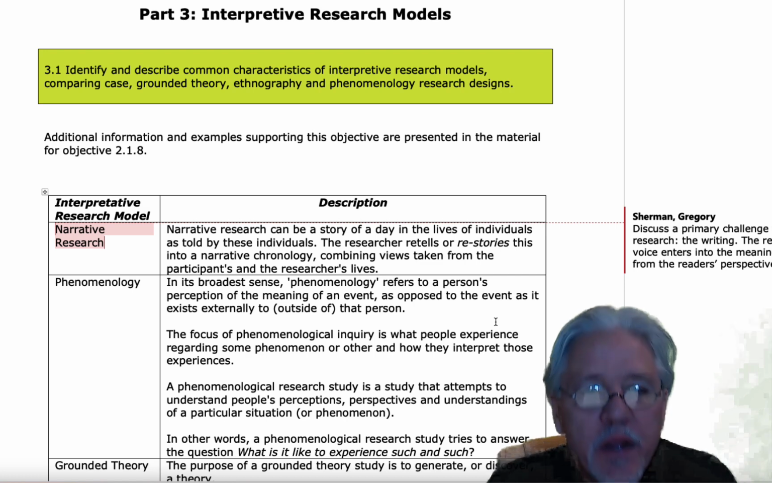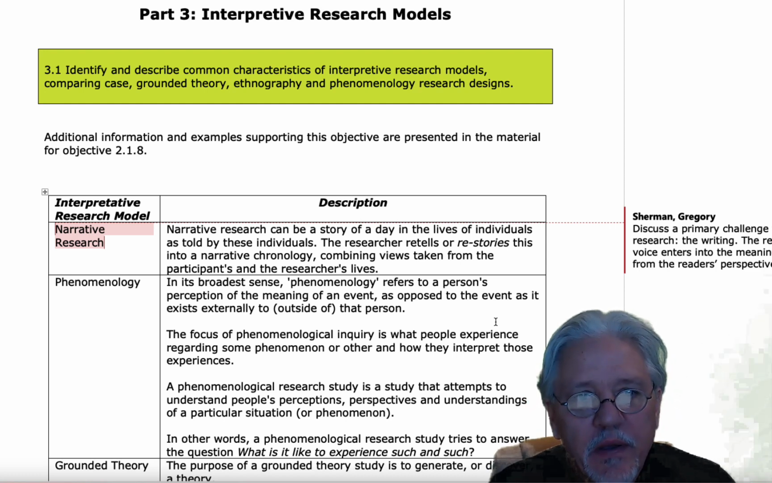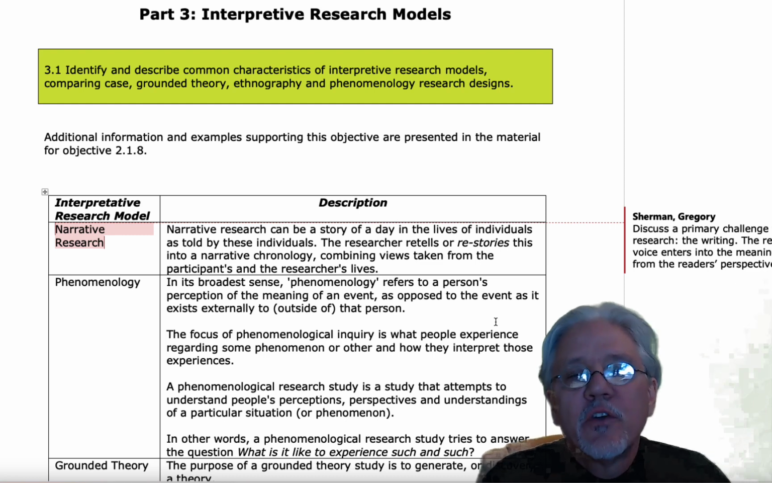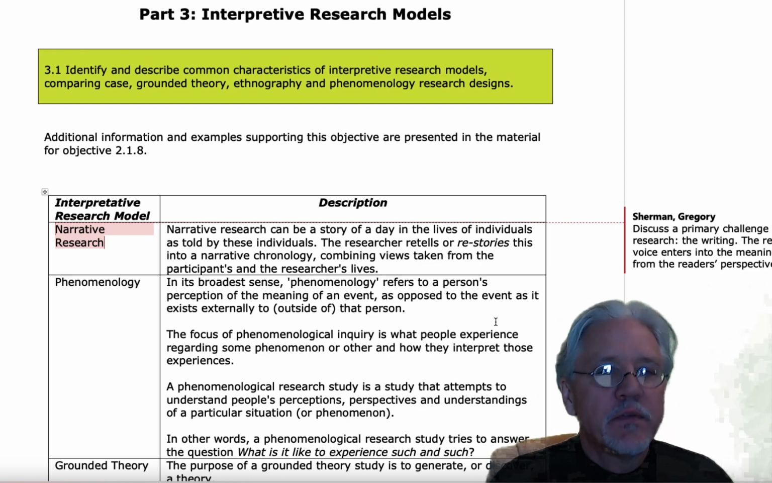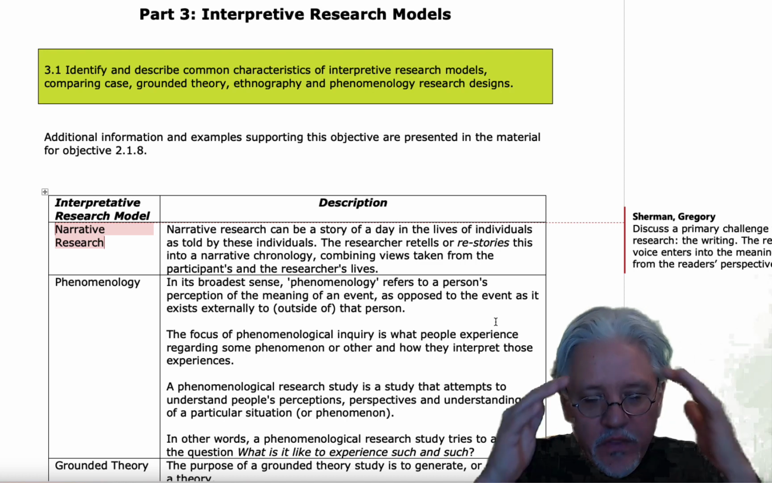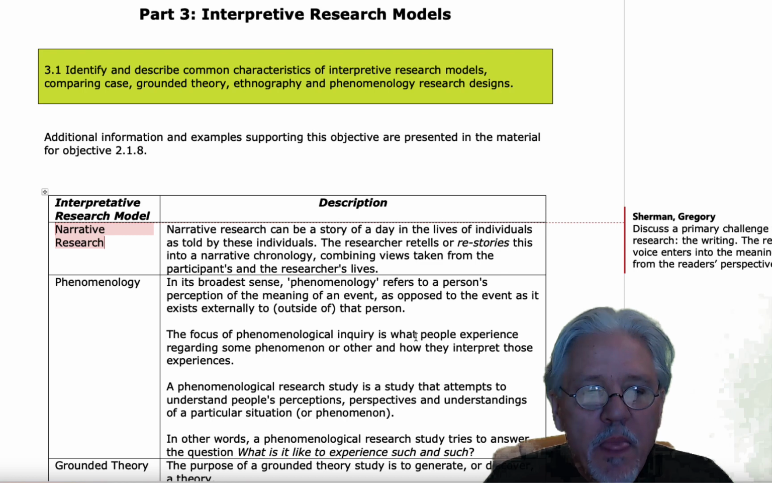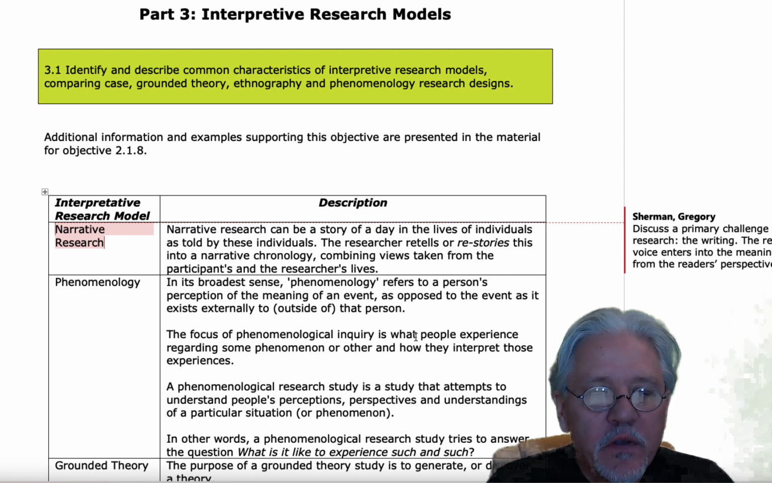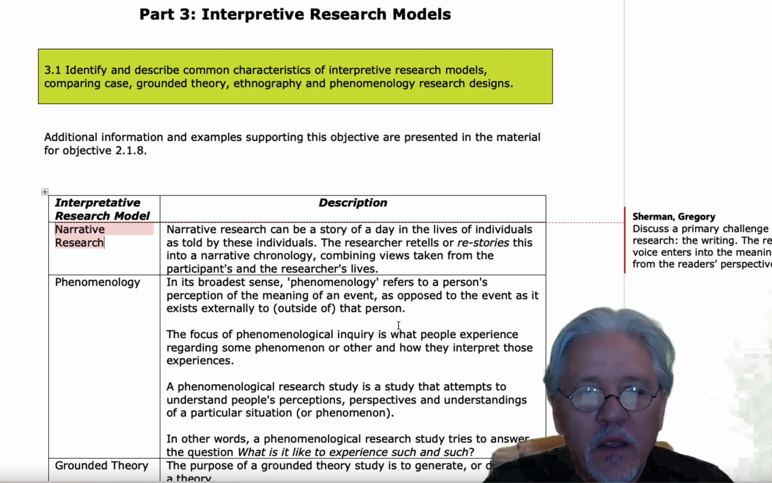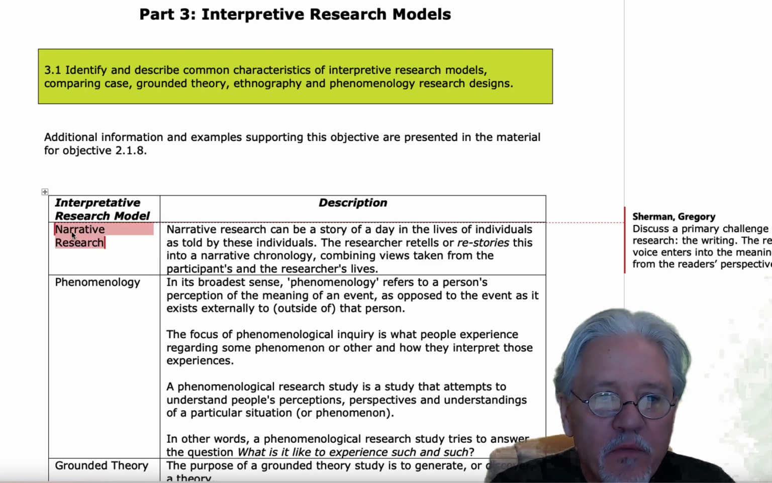So when we get to part 3, one of the things you have to do for part 3 is to be able to identify and describe characteristics of these different interpretive research models. And these are very different from positivist models. I wanted to talk a little bit about probably the biggest challenge, and maybe even the biggest threat to the validity of an interpretivist study: the importance of the writing from the researcher. So, for example, in narrative research,